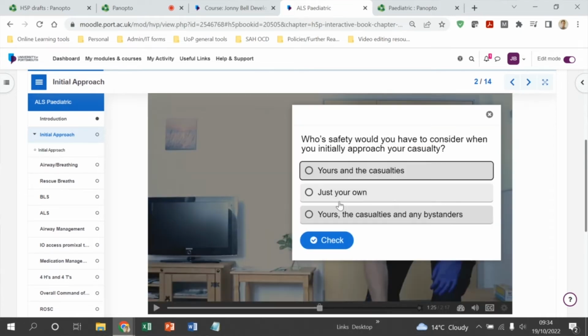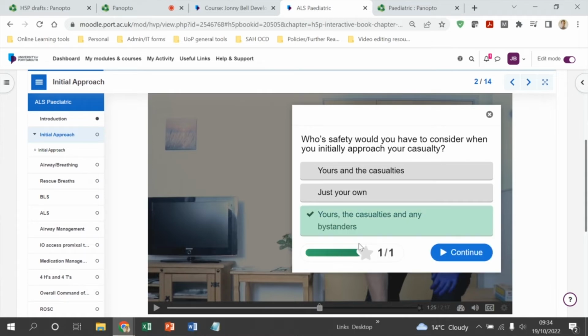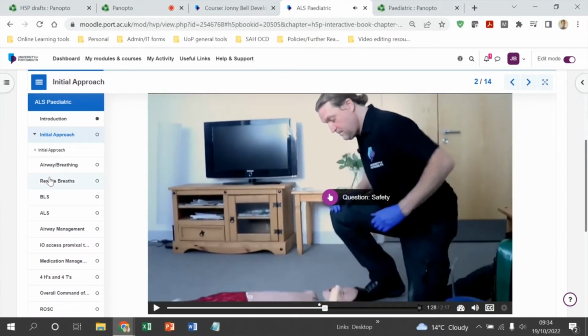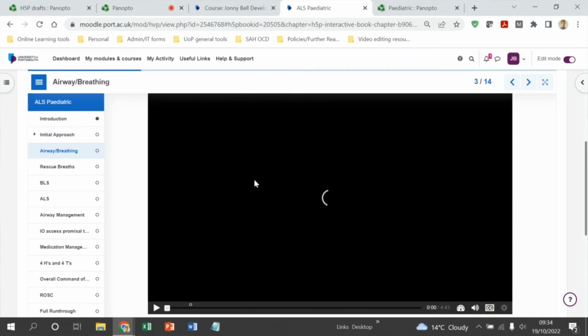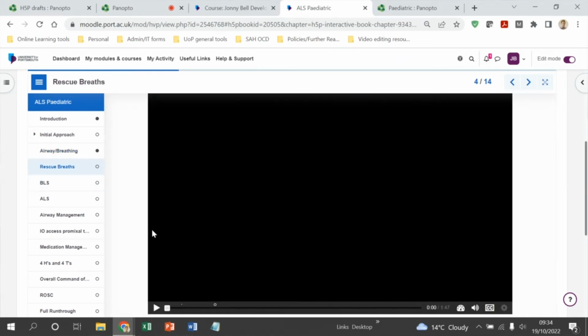So they click on the question, and they have these options, and they can click and they can check. So I've got that one right. I click continue, and the video carries on, and so on and so forth. So they work their way through that one, and then they go to the next one. I'm just going to find one with a slightly different interaction. Okay, so in this one,